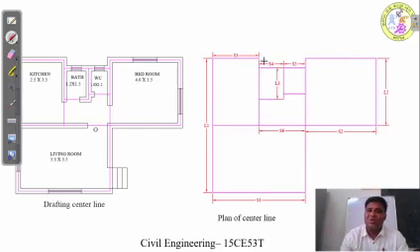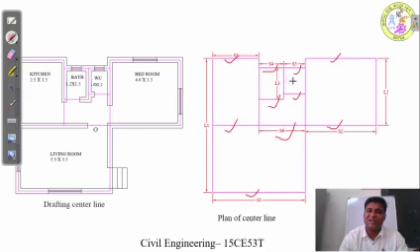If there is any partition wall coming, then you have to take only within it, don't take it throughout. So I am nominating this horizontal wall as S1, and this is only one number. And I am going to nominate this wall as S2. These two walls are of the same length, so S2 is two numbers. And I am going to nominate this as S3. There are two numbers of S3. Similarly, two numbers of S4, two numbers of S5, and one number of S6.